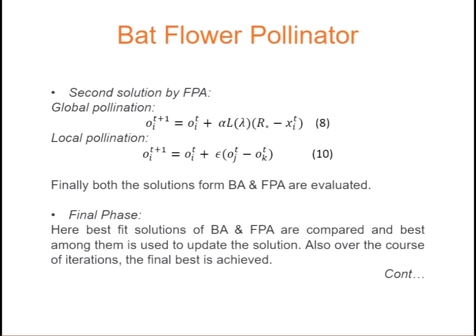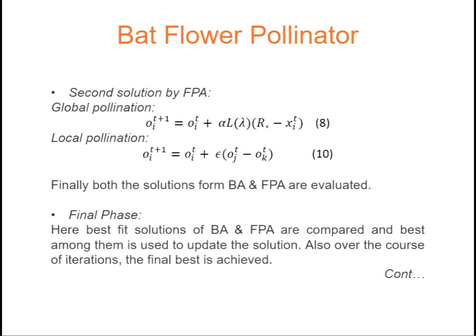Now we will go to the second phase, which is the solution generated by the flower pollination algorithm. Flower pollination algorithms have two phases, that is global pollination and local pollination. These two phases are controlled by a probability switch, which is a parameter that decides the amount of exploration and exploitation that takes place. The global pollination solution is generated by the use of Levy flights, which is a function that ensures that the algorithm is able to explore the search space in a better way.